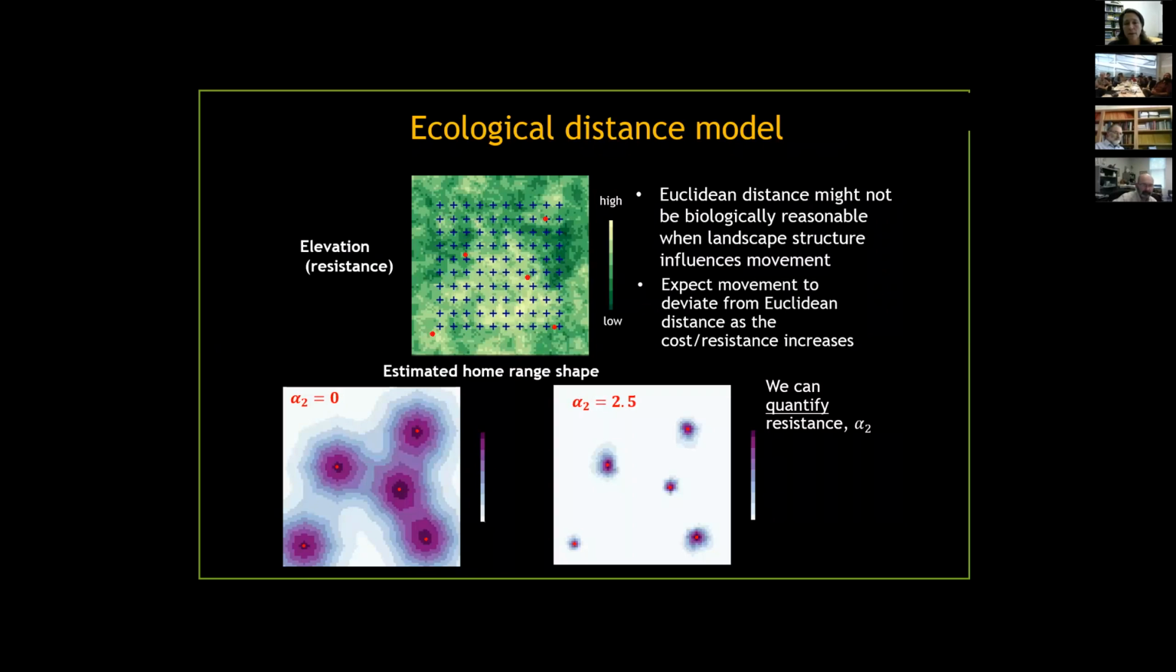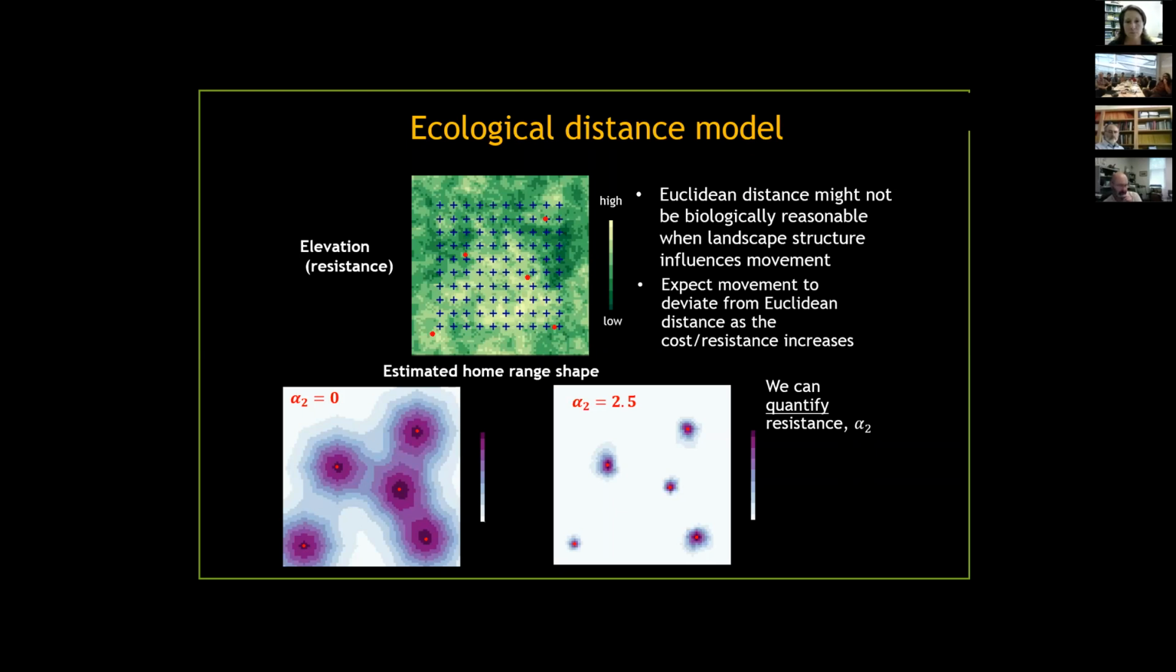Now, I mentioned the basic Euclidean distance model, and that Euclidean distance might not be biologically reasonable, of course, when the landscape structure influences movement. So that's when we move away from these Euclidean distance models and go to what we call ecological distance models. We might expect movement of individuals to deviate from Euclidean distance as the cost, or the resistance, of the landscape increases. So as landscape structure influences that movement, we can expect the movement to be less and less like